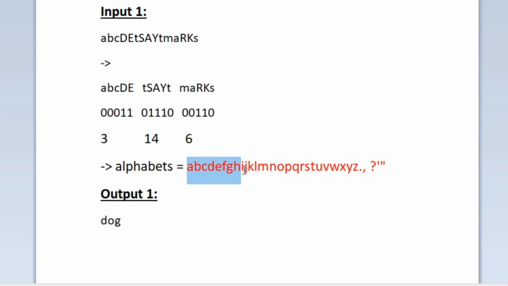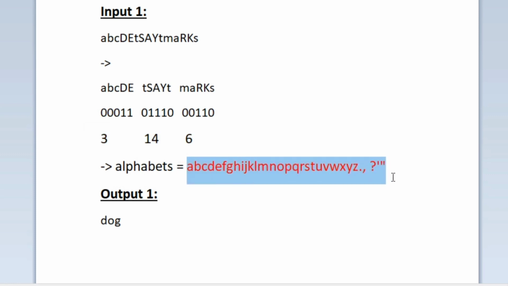So when we count it from the beginning, the character O is present at the index 14. So in our output also we can see that we are printing the character O. And then the third decimal value which we obtained is 6. So we have to print the character present at the index 6. And at the index 6 we have the character G. So in our output we print the characters D, O and G. So this is our decrypted string. So this is how we should be forming our output.